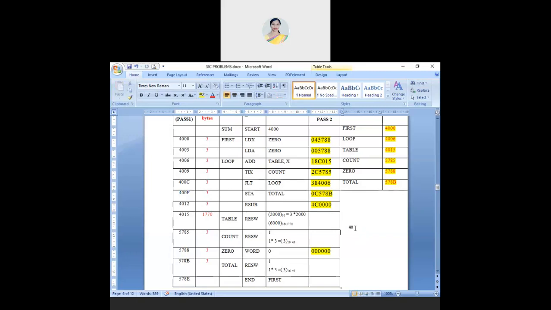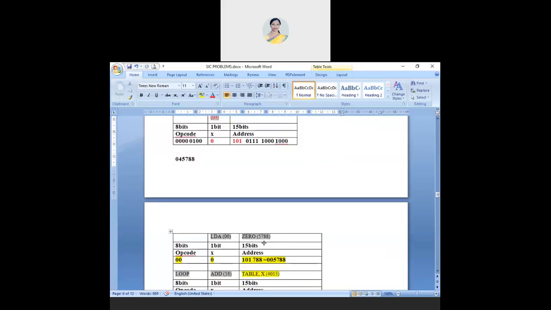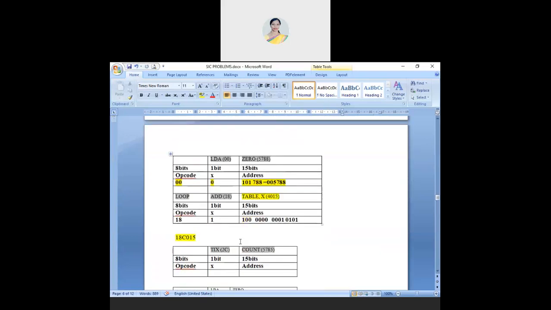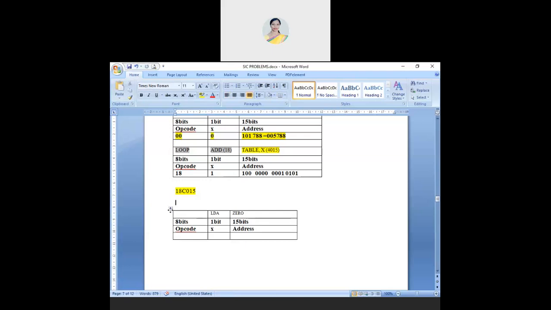Any other doubt? I'll move on to the object program, that is the second part of your pass 2. Shall I move? Don't worry, SIC is very easy. SIC/XE you need a lot of time to learn, because one problem differs from the next. I wrote the table only for your understanding so that it doesn't look absurd. I've already done all these things, so I'll just cut. I don't need it, right?